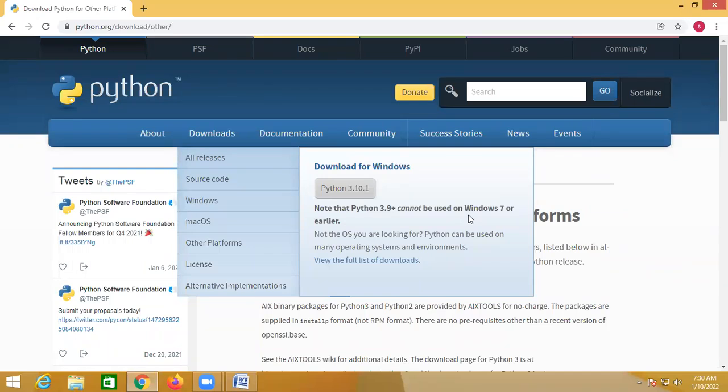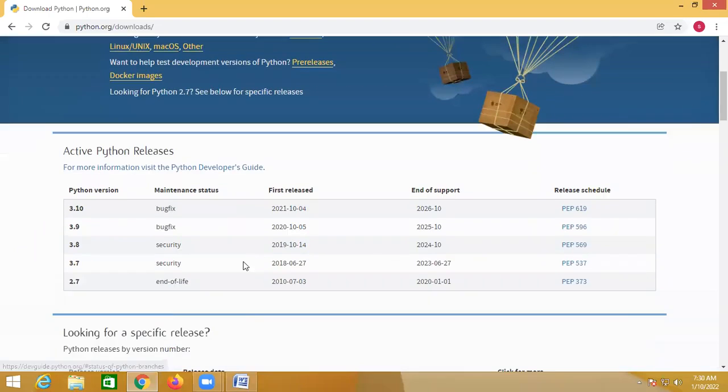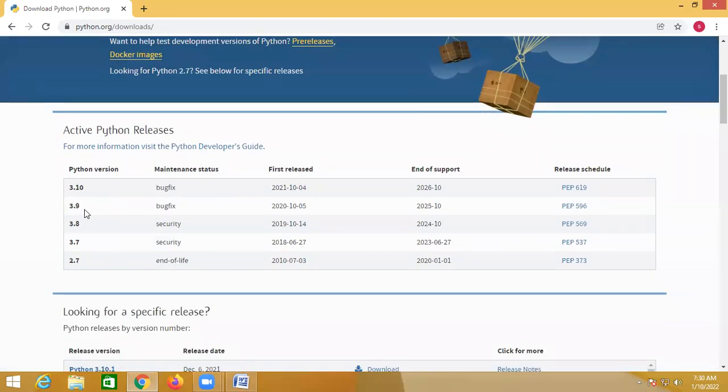But if you want to work with Windows 7, you have to download Python 3.8. So where can I find that? Go to all releases. This is the current version. Now you can see Python 3.10, Python 3.9, 3.8. This you can download if you are having Windows 7, but with Windows 10 or higher versions, you can